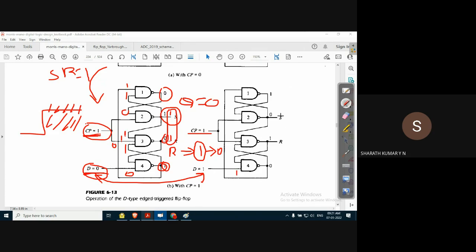This input is initially, let us assume both are 1, 1. This input is 1, and then this output should be 0. This input is 0, which will force R to remain at 1. No problem. So when clock pulse is 1 and this,